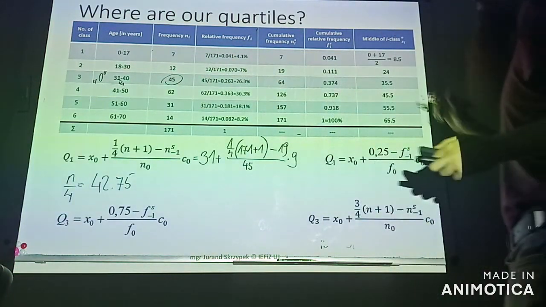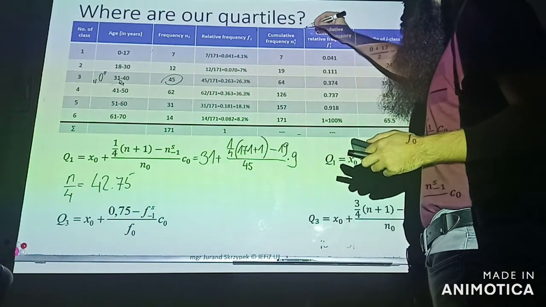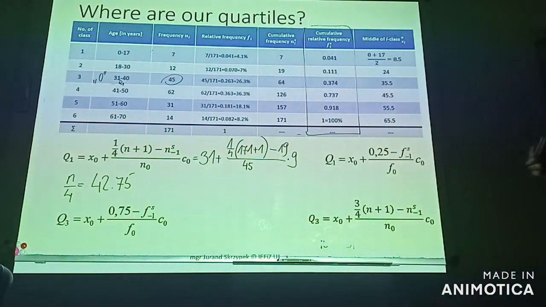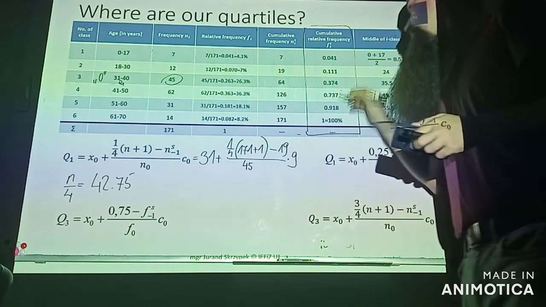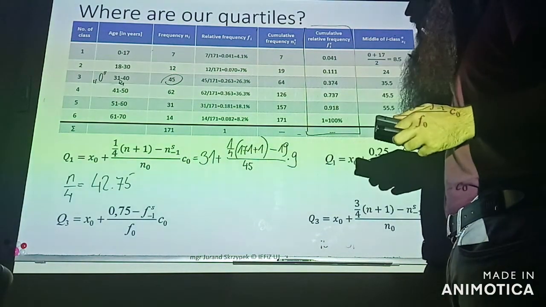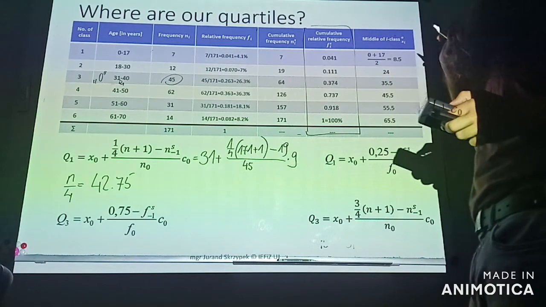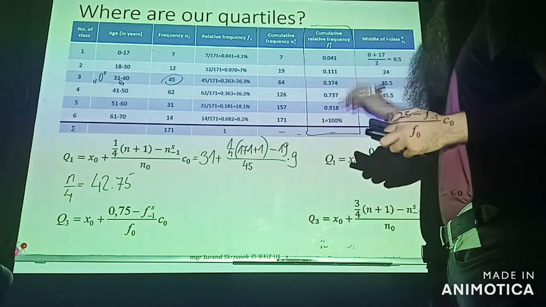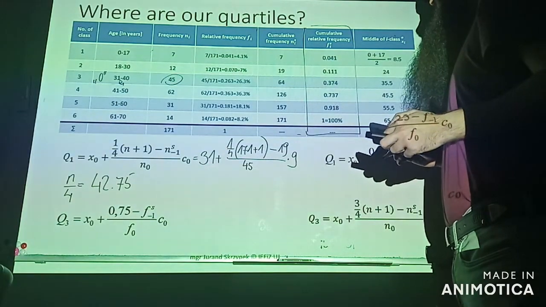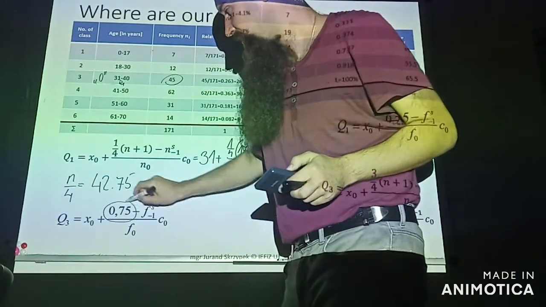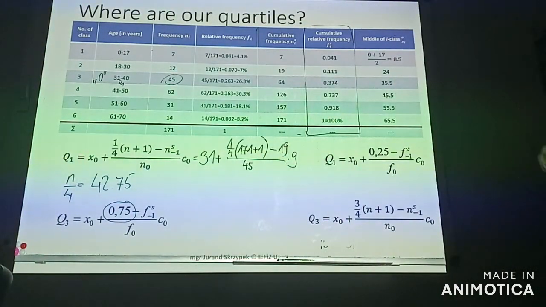Now we are interested in the column of cumulative relative frequency. We are looking for the class which contains the third quartile of age. It means that we are looking for the class in which cumulative relative frequency exceeds 75%,